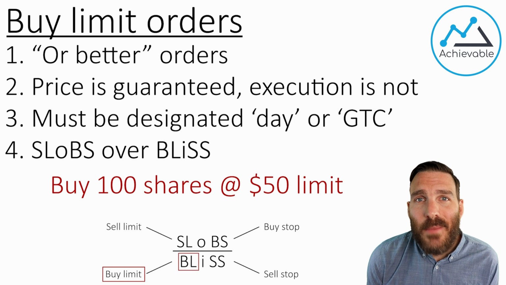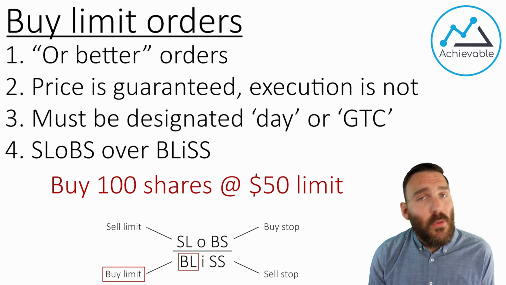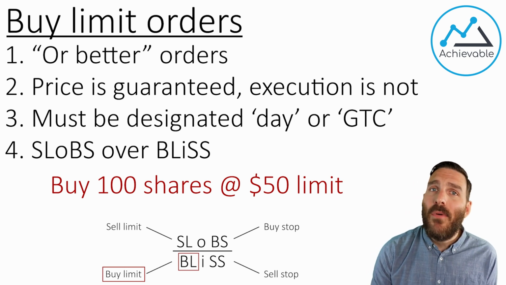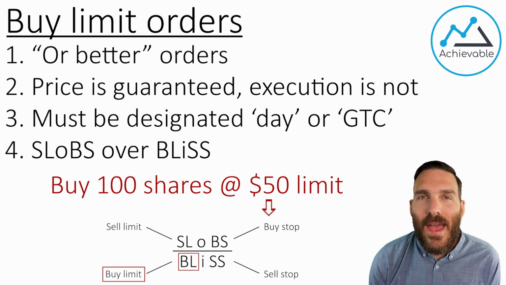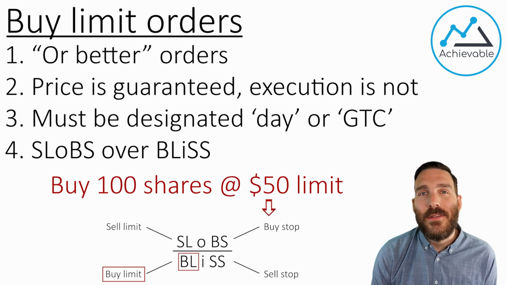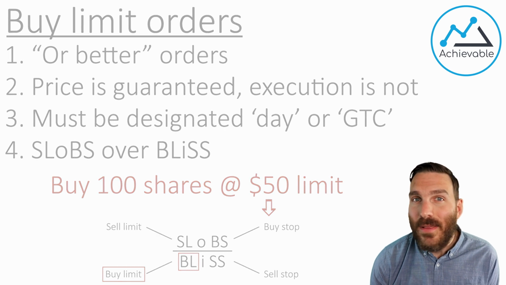Or we could just use SLOBS over BLISS. BL is below the line. So we know that the market price needs to hit 50 or below for this order to be executed. Now that we've thoroughly covered buy limit orders, let's put a question in front of us to really test if